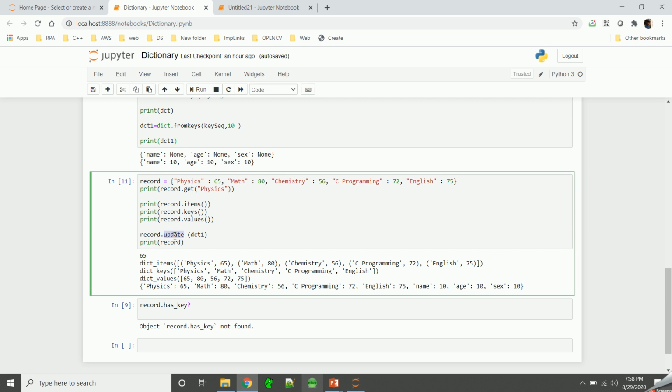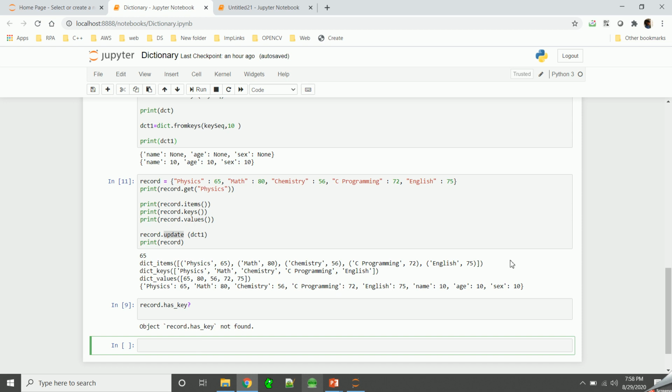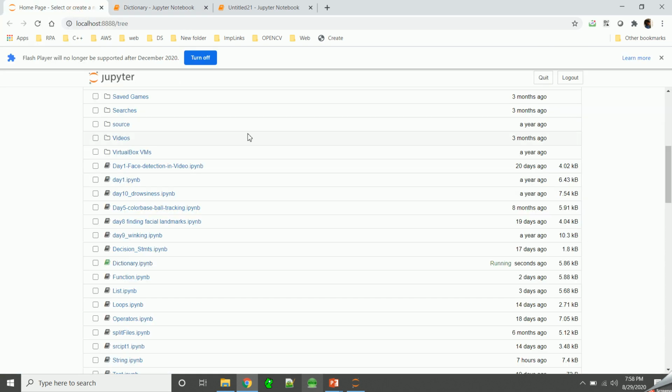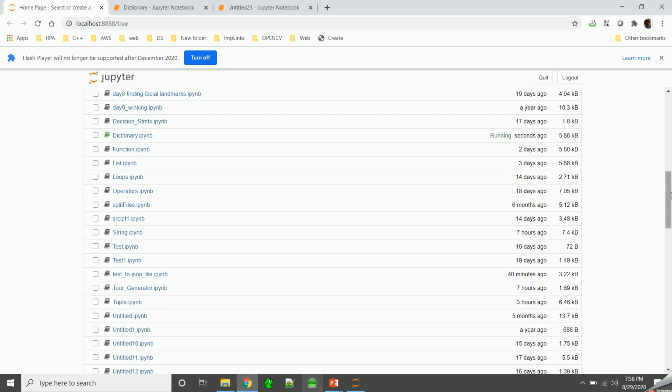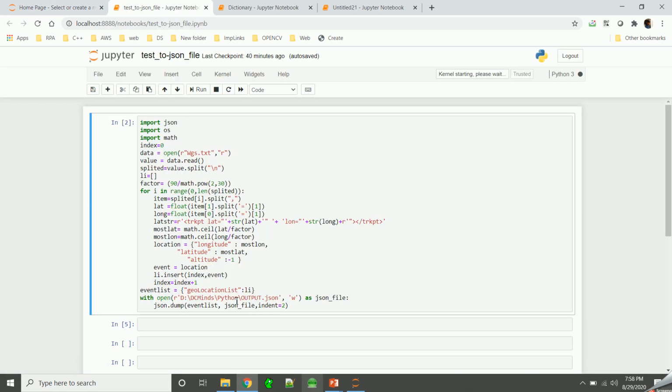Okay. Along with that you can also use iteration. You can use a for loop over the dictionary to iterate over all the items in a dictionary. Okay, so we'll see one use case. Basically I have written a script for my real-time use case where I have used various concepts, but here the dictionary concept is also used.